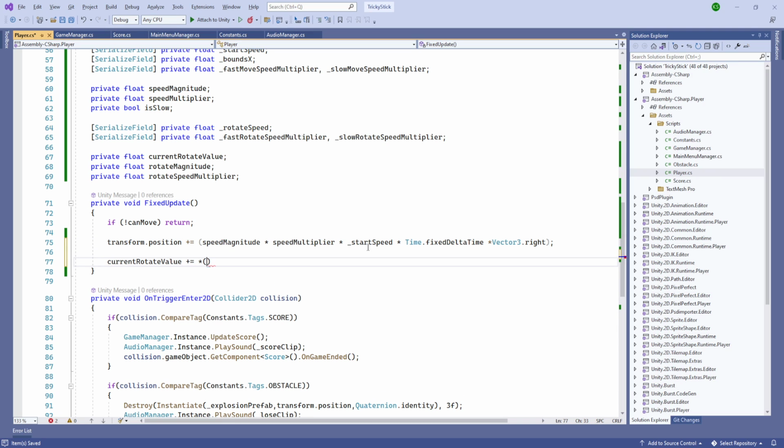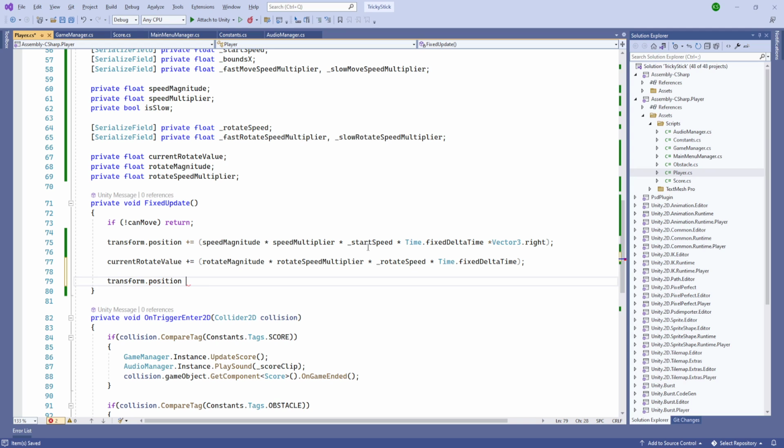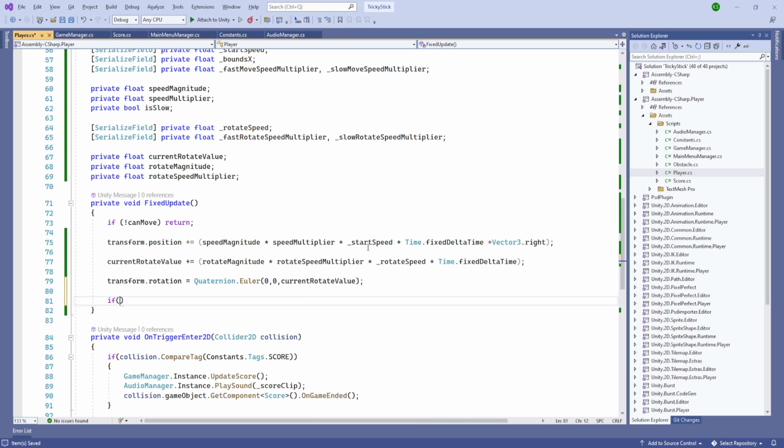Similarly, our current rotate value is going to be equal to rotate magnitude multiplied by the rotate speed multiplier, multiplied by the rotate speed, multiplied by Time.fixedDeltaTime. And after that, we also need to set transform.rotation to be Quaternion.Euler. And here we'll pass our 0, 0 and our current rotate value. And if